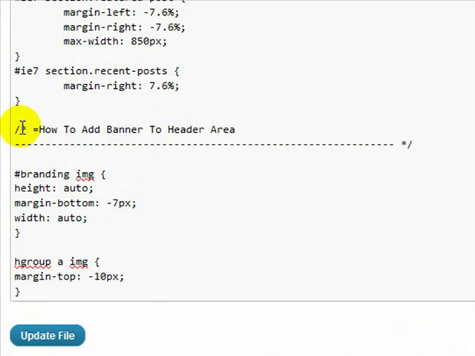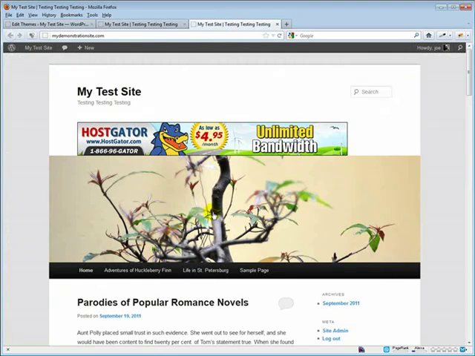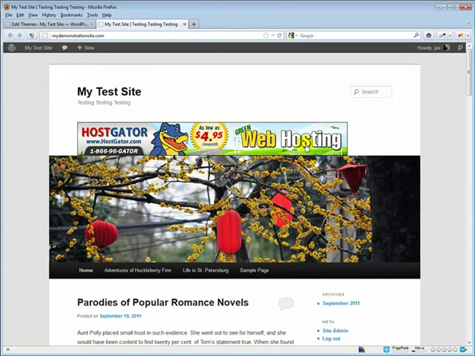And as you can see, I've added a comment line here to give you an idea as to what this is about. And there's really not a whole lot of customization that can go on here, so we'll just go ahead and update this file. And this was the demo here, so let's go ahead and close this out. And this is the before we add the code. Let's go ahead and refresh the page. And there we go. And that's how you can add a banner, or as in this case, a banner ad,